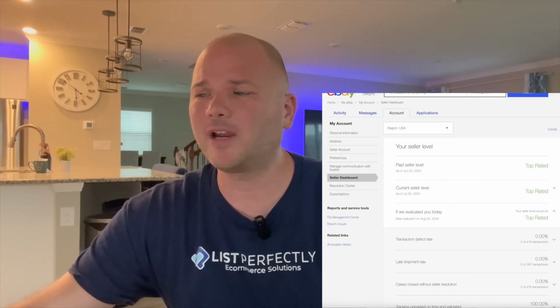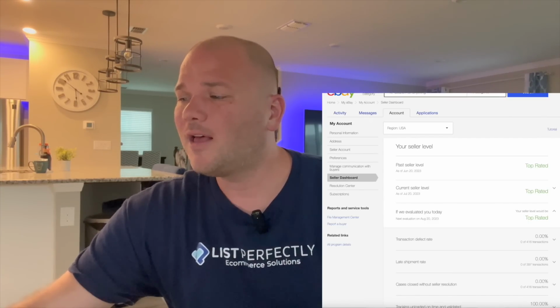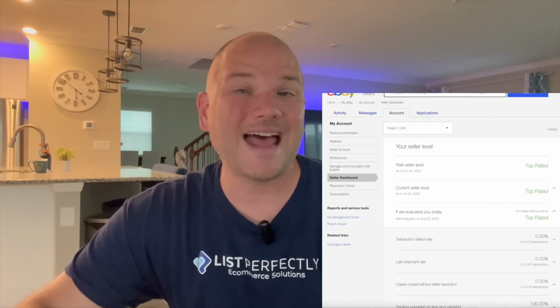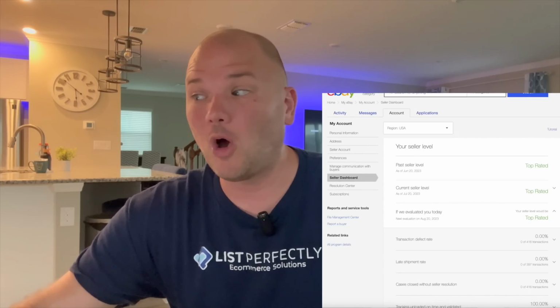Now I'm gonna put a screenshot up showing you the defect screen, where to find it. If you don't know where to find it, you need to familiarize yourself with that screen immediately because it's super important. But that screen will show you your percentage. And if you go to that screen, which actually I'm gonna click on it while I'm sitting here recording with you guys and talking to you, I believe the maximum, depending on how much you do for the transaction defect rate, top rated plus is less than 0.5%. Above standard is 2% or less. You have to be under 2%. If you have 2% or higher, that means 2 out of 100 would be 2%. You would be below standard, which is really bad.